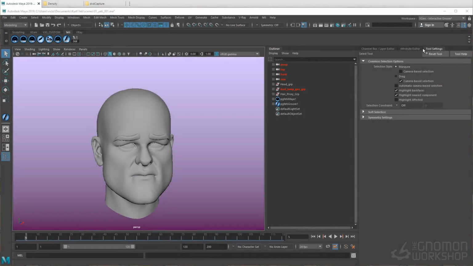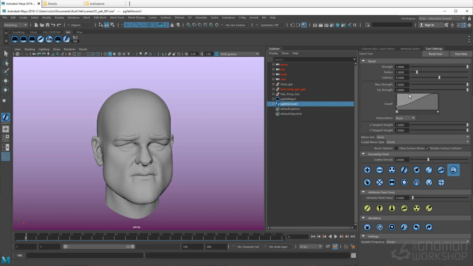To start laying down strands, we'll be going back and forth between the attribute editor and the tool settings. So let's start by selecting the groom node and activate the groom tool by going up to the Yeti shelf and hit the groom button. This will load the Yeti groom settings in the tool settings. So we have the general brush attributes, Yeti's different brushes or groom tools, as well as our attribute paint tools